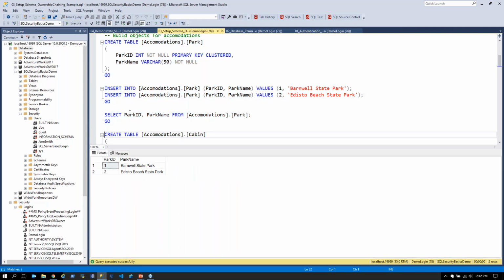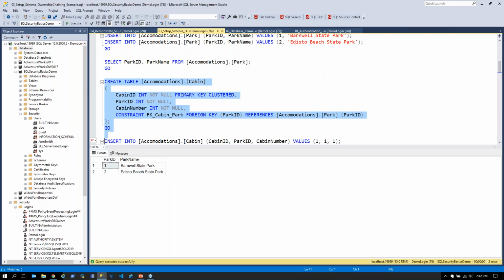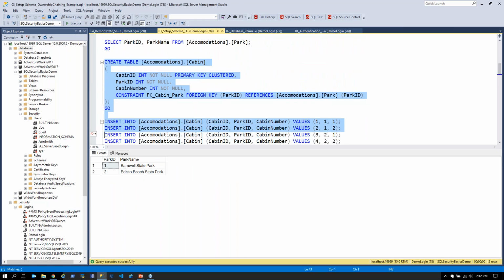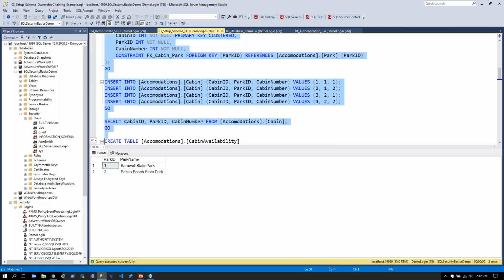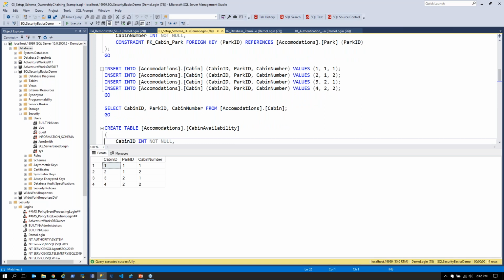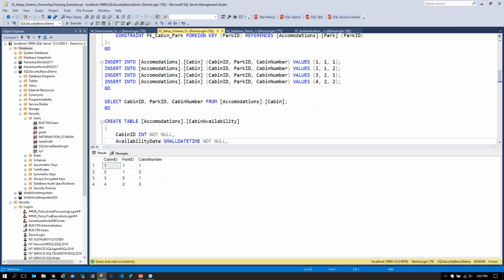We do. Then we're going to create a set of accommodations for the cabin, which tie the cabin to the park. So we're using a lot of integer values, and then we'll make sure all that maps up. Basically, this is just a mapping table. And there we go. So cabin number 1 for park ID 1, cabin number 2 for park ID number 1, and then cabin IDs 3 and 4 for park ID 2,